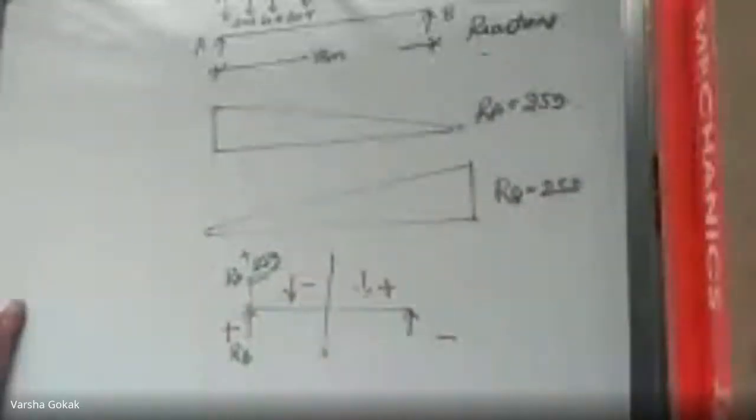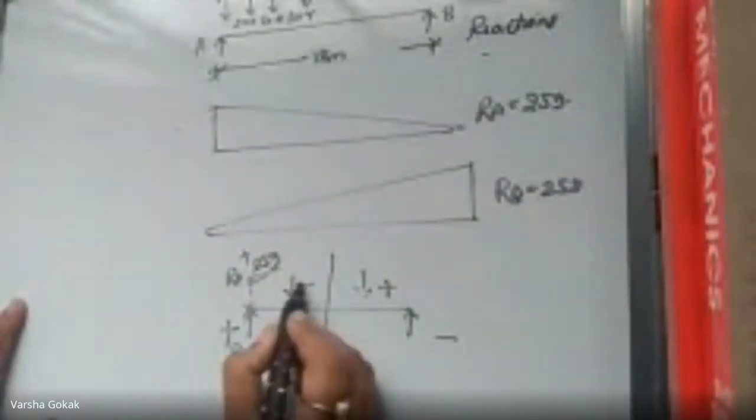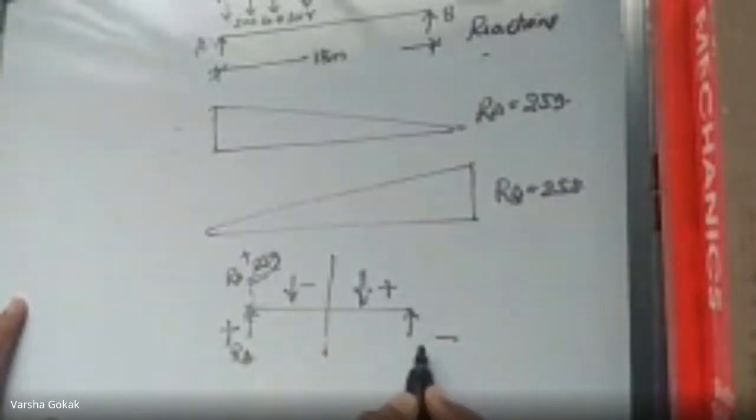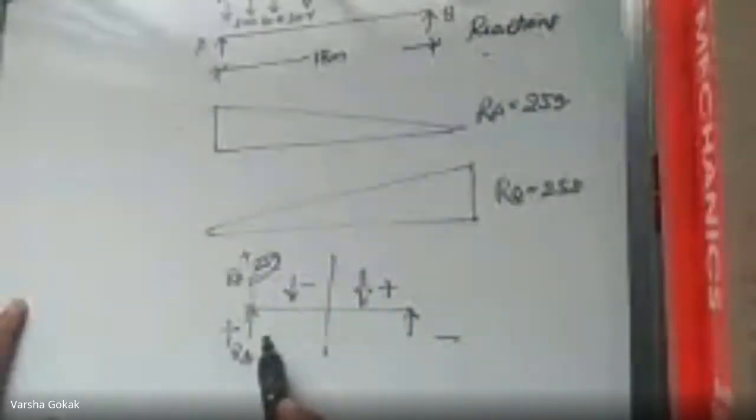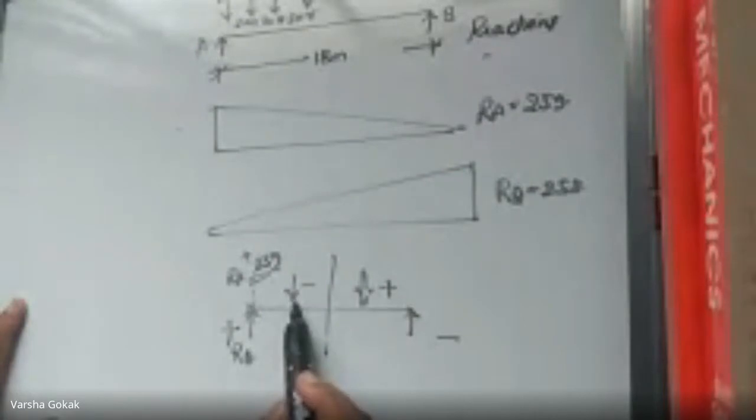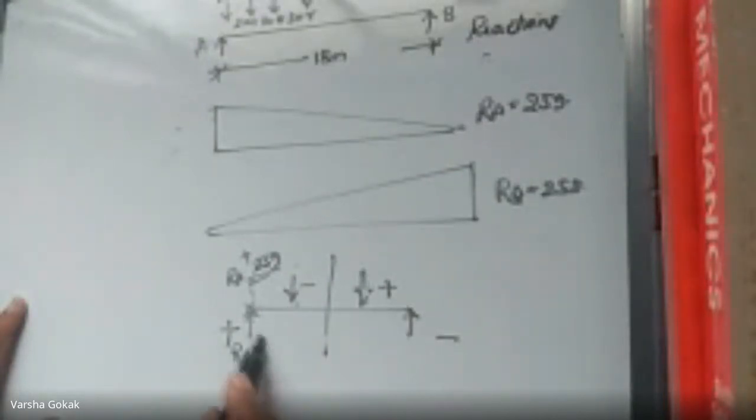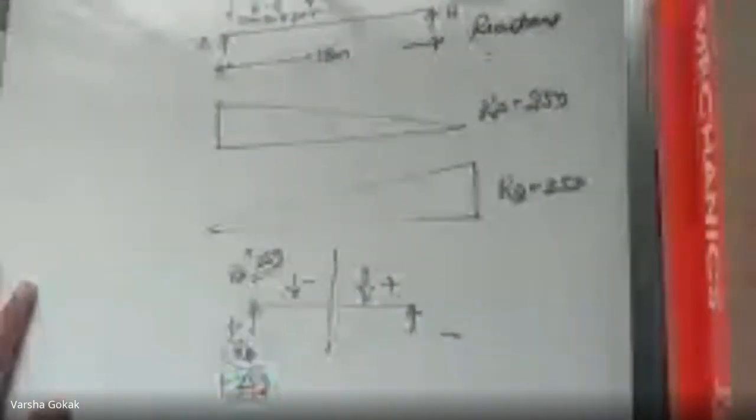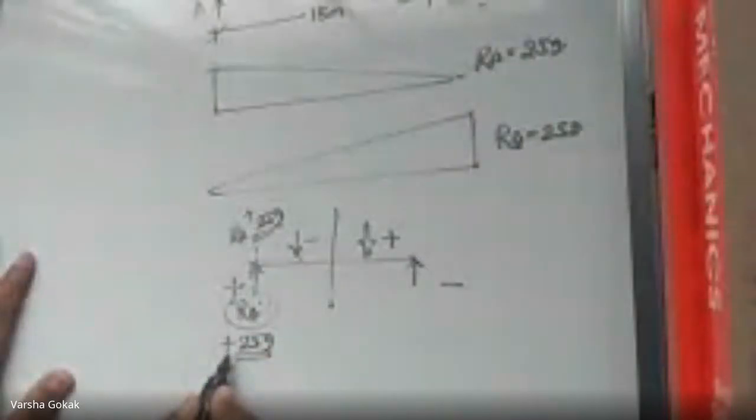Okay. So sign convention is here positive, negative, positive, negative. So when I'm starting from the left side of the beam, upward forces are positive and downward forces are negative. The first upward force itself, 259, would be the shear force value at point A. That is what we have done in student materials. Correct? And it is a positive value. After that, deductions keep on happening because the loads are coming down.